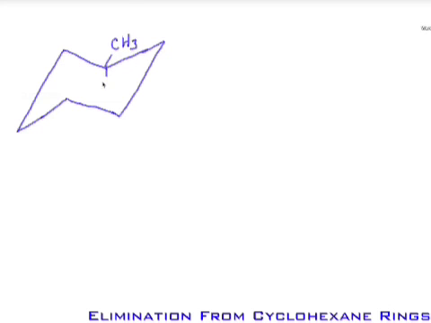Let's try another scenario. What happens if I very easily show the possibility of three different products? OH minus, heat,